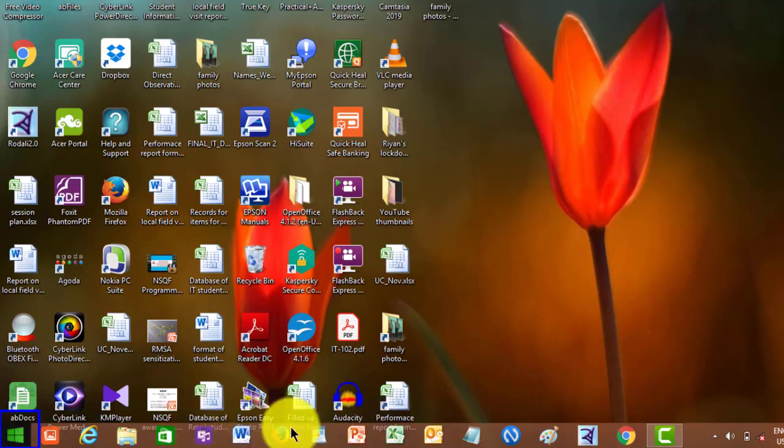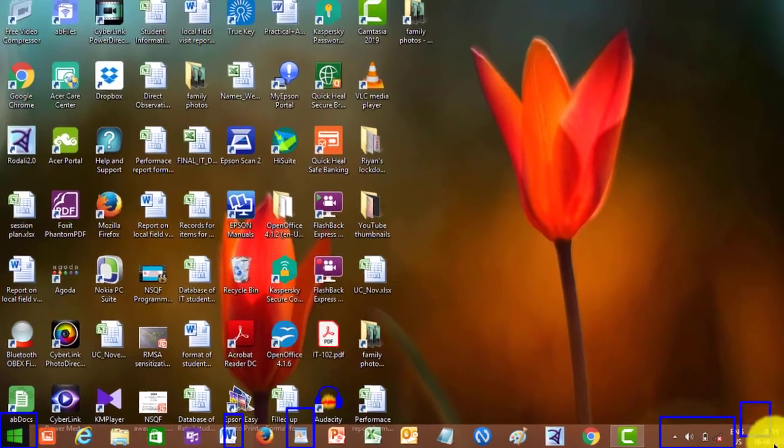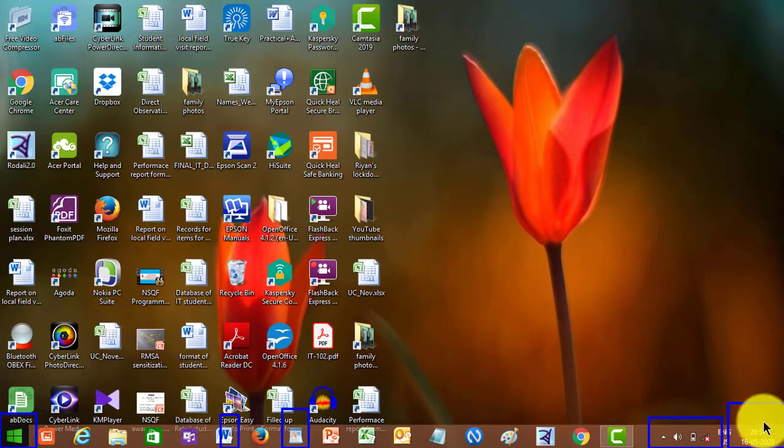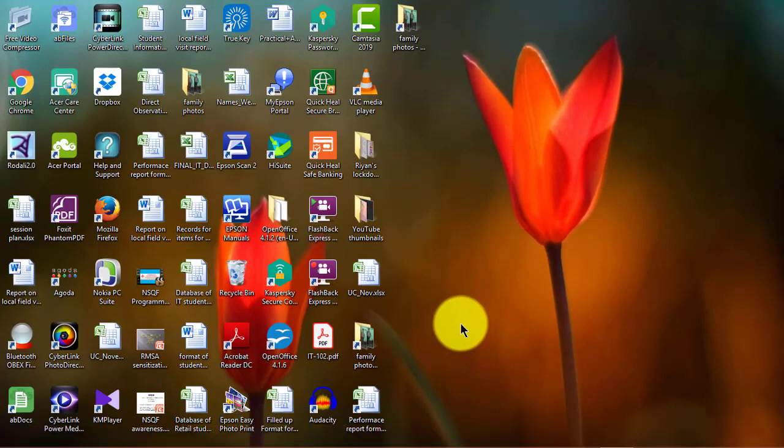Next, these are the various program icons I have kept. This is an example of a program icon I have kept here, and this is another example of a system icon. I have made a shortcut on the taskbar so that I can open it from here. Another area on the taskbar is the notification area, where a volume button, a charge button, and a network button are displayed. Then the next area on the taskbar is the time and date area, where the time and the date are displayed. So this is all about taskbar.